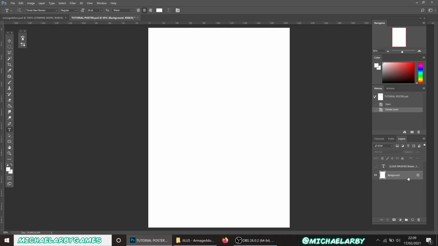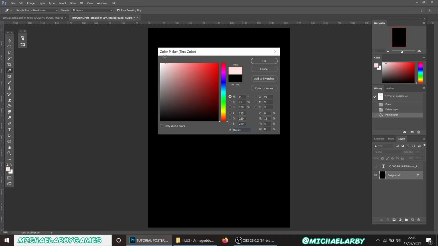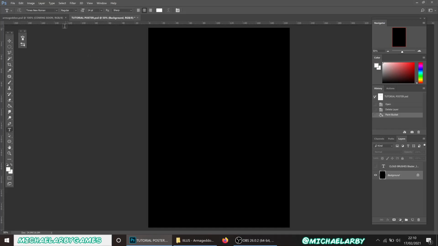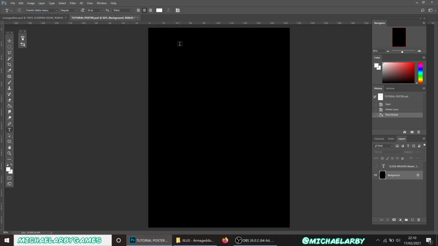First thing we're going to do on our background layer here, I'm just going to color that black. Then I'm going to get my text tool. I'm going to set my text to white. And I'm going to set my font to Franklin Gothic Heavy. That should be a basic font that's built in. And what I'm going to do, I'm going to make 4 text boxes,